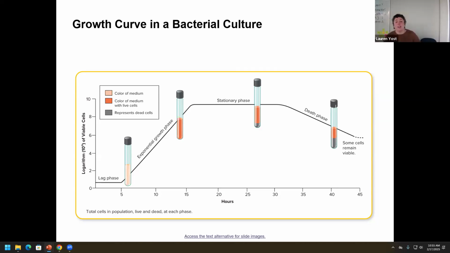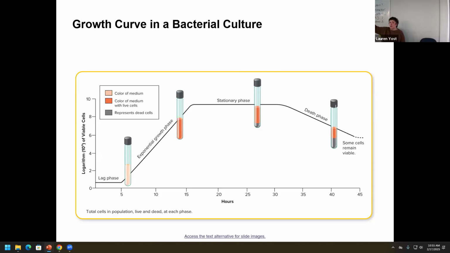Then the stationary phase. This is where we don't need to multiply as much. We're maybe running out of nutrients. We can't sustain exponential growth. So we'll only divide where we can, and then we'll stop growing, but we're also growing and dying at the same rate. So once we have plateaued, that's the stationary phase. And once we have run out of so many nutrients and our cells are getting old enough and we can't sustain life anymore, once death starts being the prominent thing, then we'll start having that decline in the population,